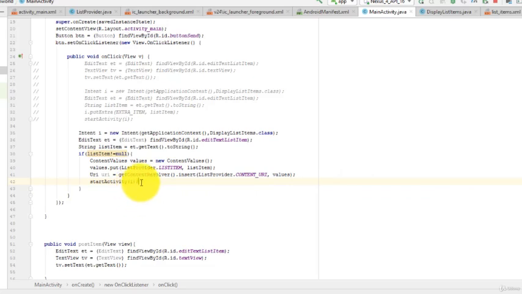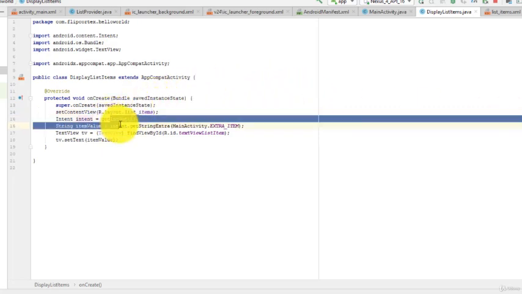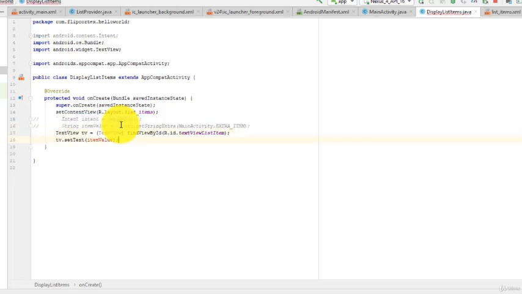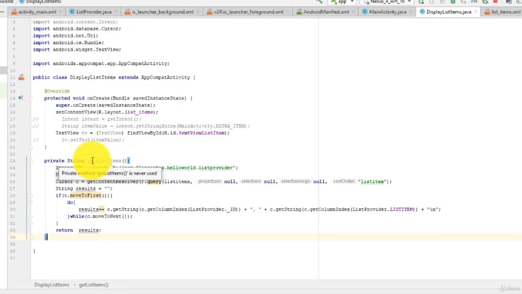Okay, now in the display list items activity, instead of receiving the value from the previous activity, we want to obtain the list items from the content provider. Think of it as a database that we want to query. So let's create a method called private String getListItems. Inside, we are going to say String URL equals the name of our URL that we provided earlier.